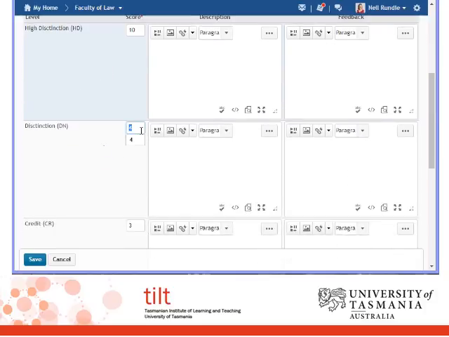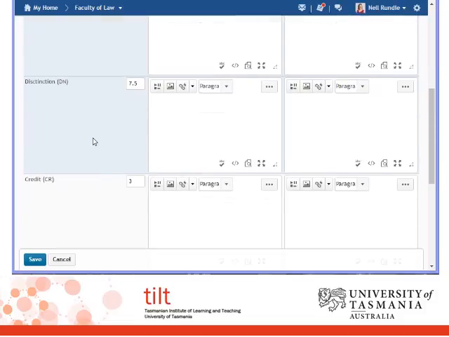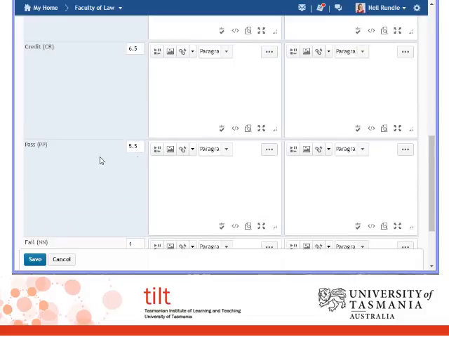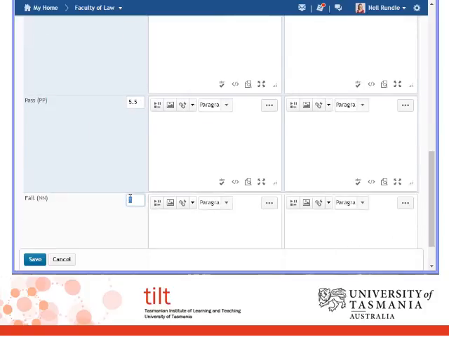So a maximum score for a distinction would be 7.5, because an 8 would be in the high distinction range. A credit would be 6.5, because 7 again would be equal to a distinction. A pass would be 5.5, because that's the maximum for a pass; the next step would be 6, which would actually be a credit. And then for a fail, 4.5. So what we do is we put the maximum score for that